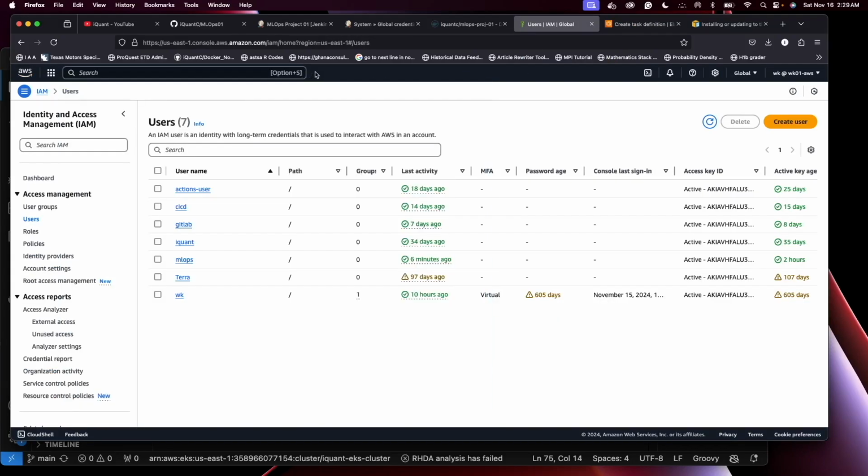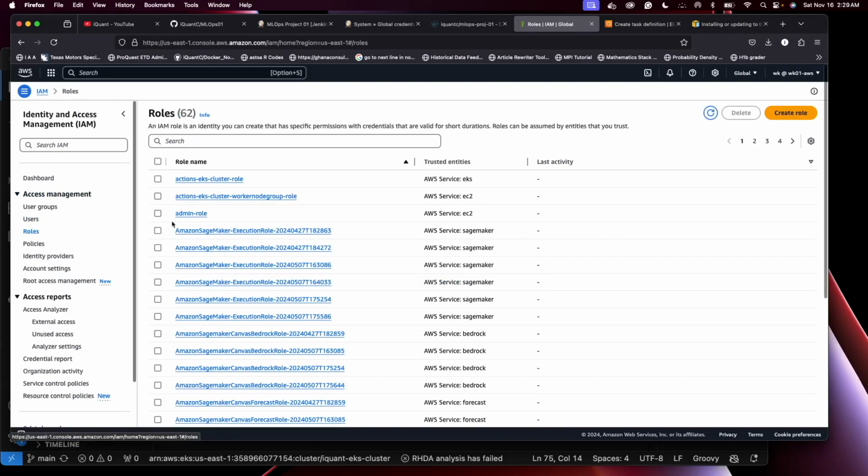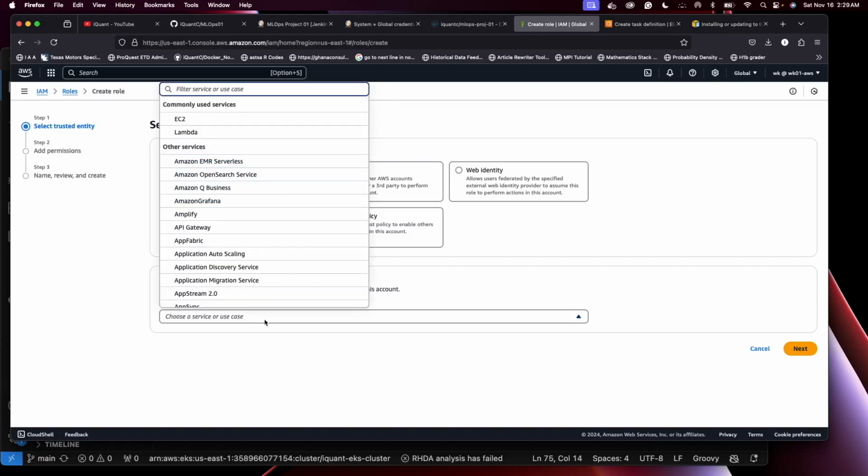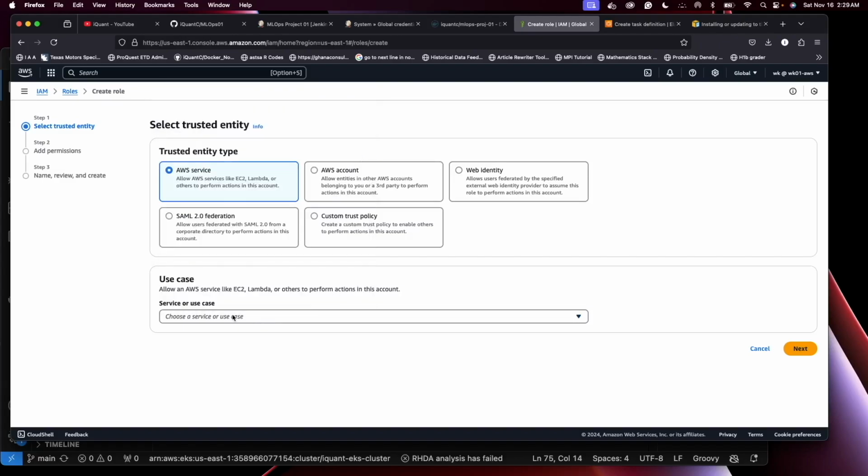Let's do it this way instead. On the IAM page, go to roles, then hit create role. Leave it as AWS service, and then look for